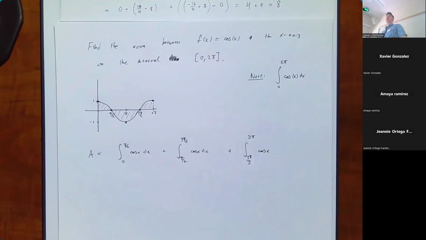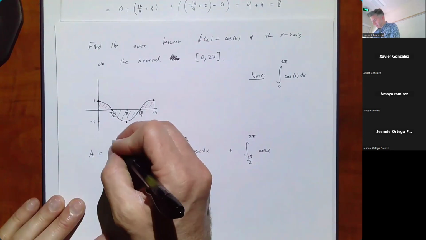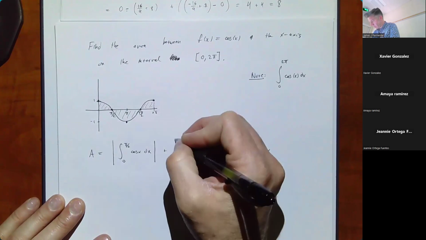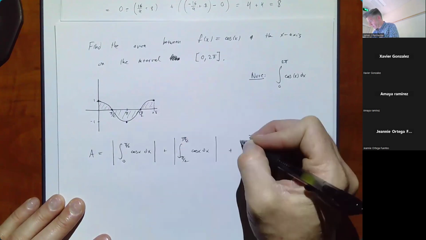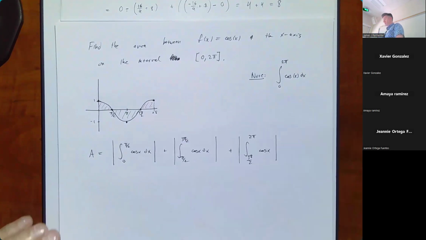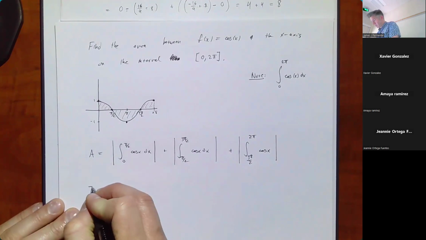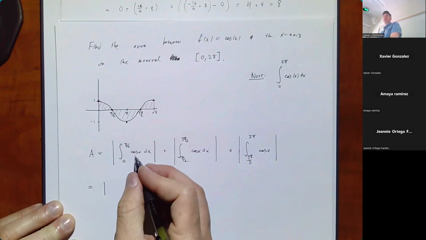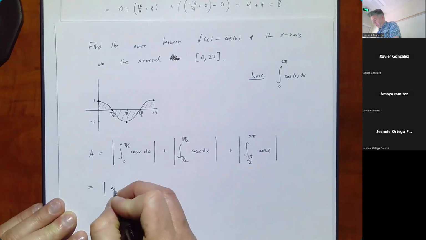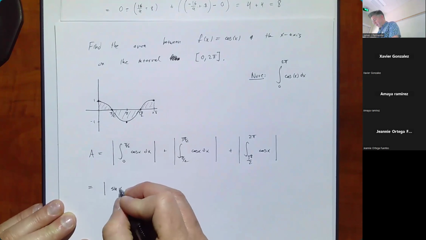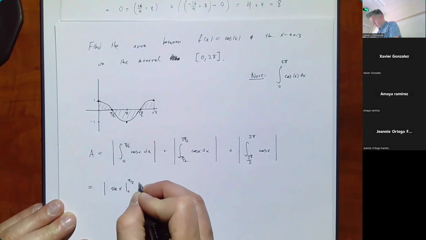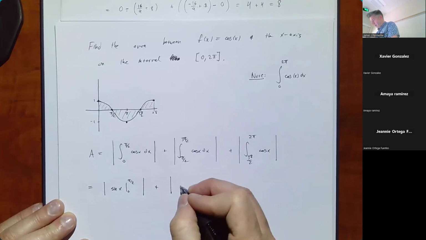And then instead of worrying about which one is above, which one's below, we can put an absolute value around each of those definite integrals, so that whether the inside ends up being positive or negative, we're still going to count it as positive. So let's see what we get here. This is going to be the absolute value. The antiderivative of cosine is sine. So we're going to get sine of x from 0 to pi over 2,